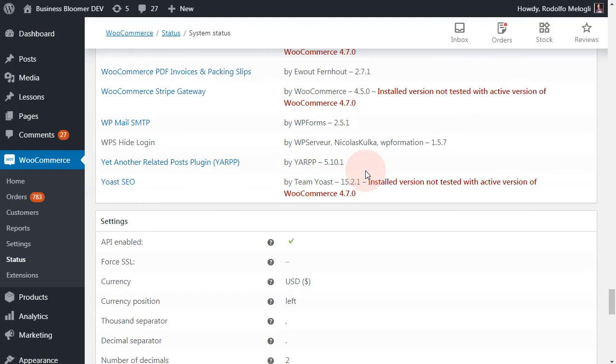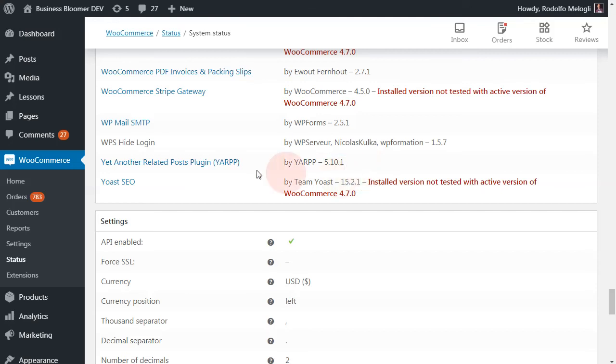Usually GitHub takes priority over the wp.org support, because it has something to do with coding, with a much more precise description of the bug, the steps, the screenshots, while usually on wp.org it takes a little bit more time.